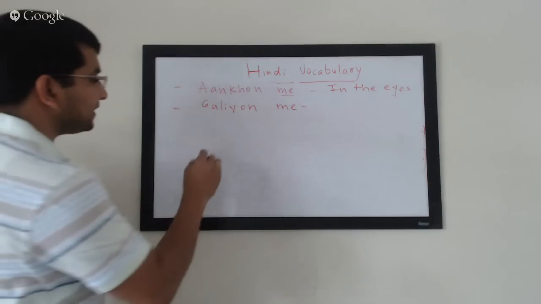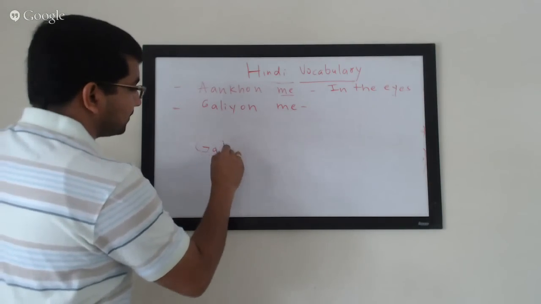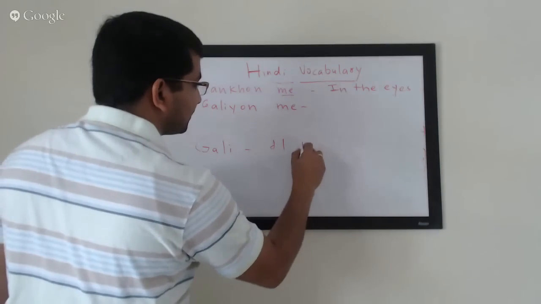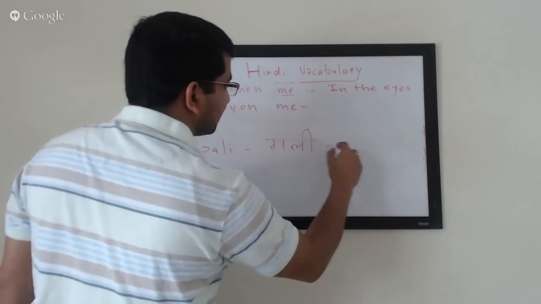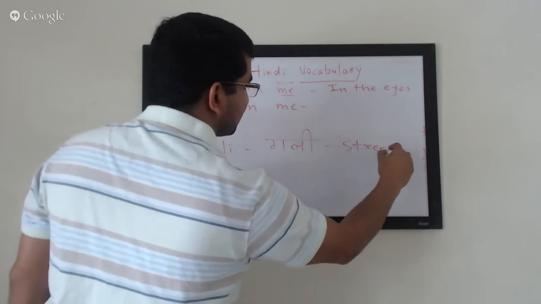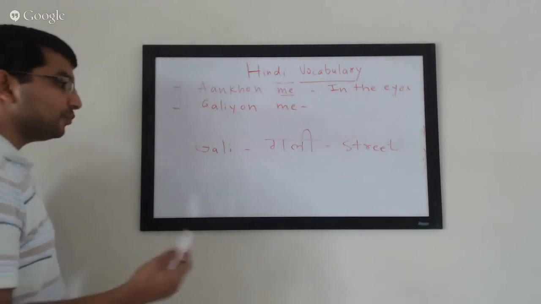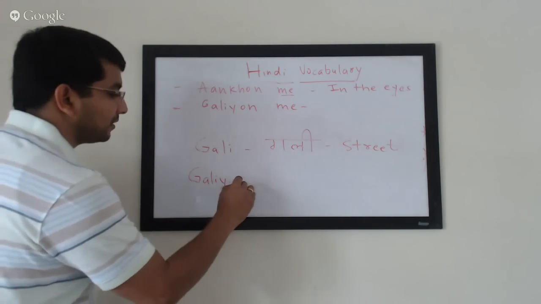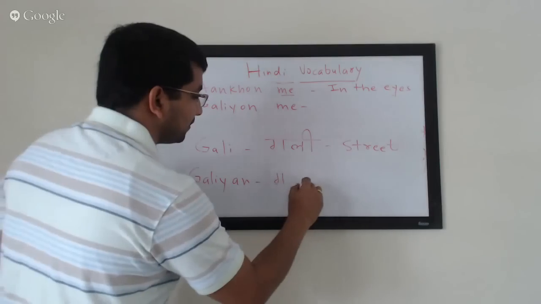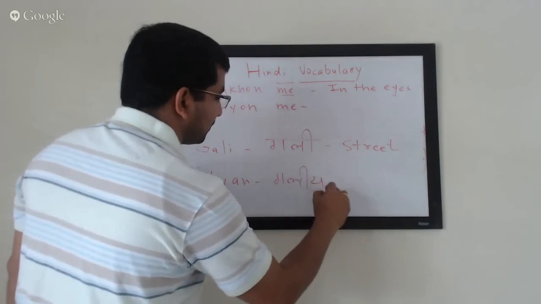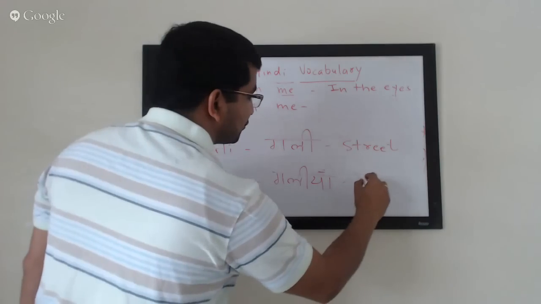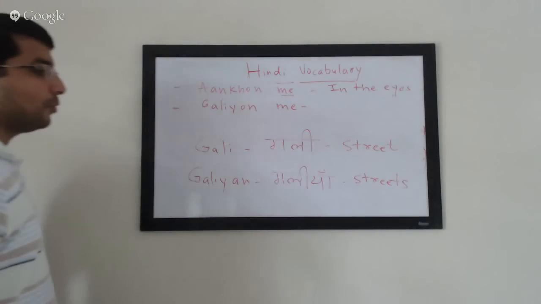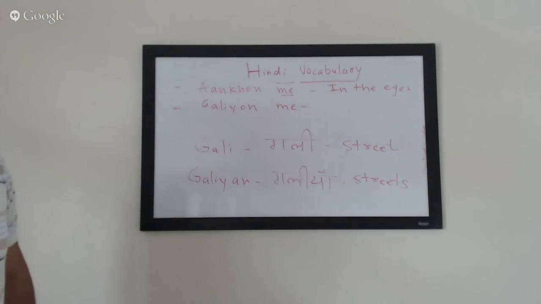So if I simply say gully, gully is basically a street, and plural galiyan, streets. Now, if you want to use it with the post position,